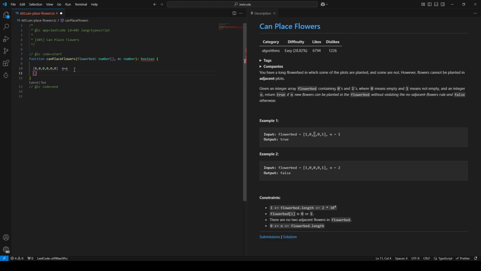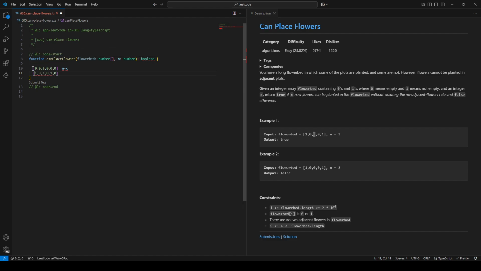So first time I iterate, I plant a flower and I see that I cannot plant it, so I plant again. I cannot plant here, I plant again, and I cannot plant here. So in total n will always be 3, and this case will always hold true because it is following the